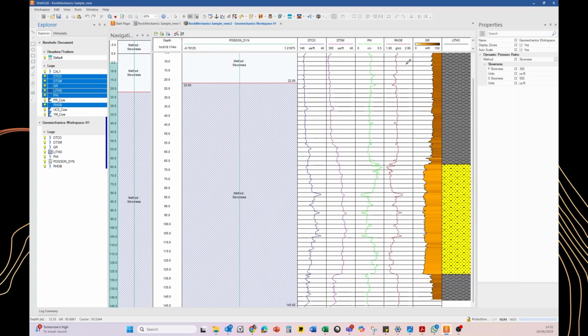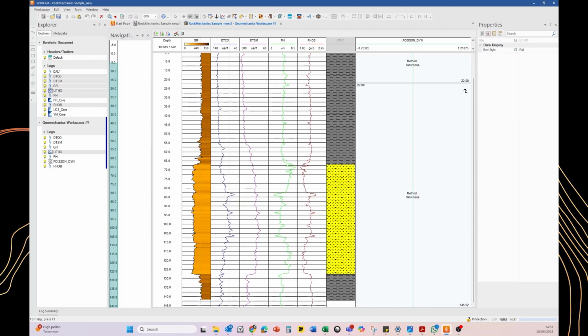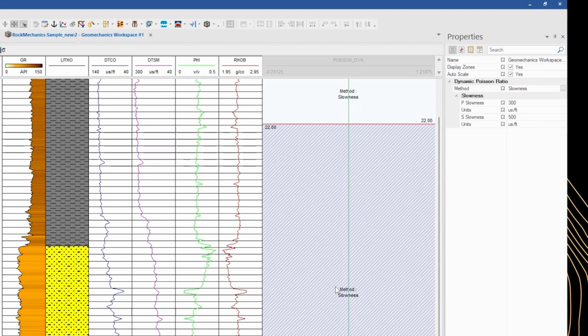We like to visualize raw data on the left and the output to the right, so we move the logs around. Dynamic track and select a specific zonation. The properties bar is displayed where the input parameters need to be selected, but the user needs to select first the method or empirical formula to be used for the calculations.